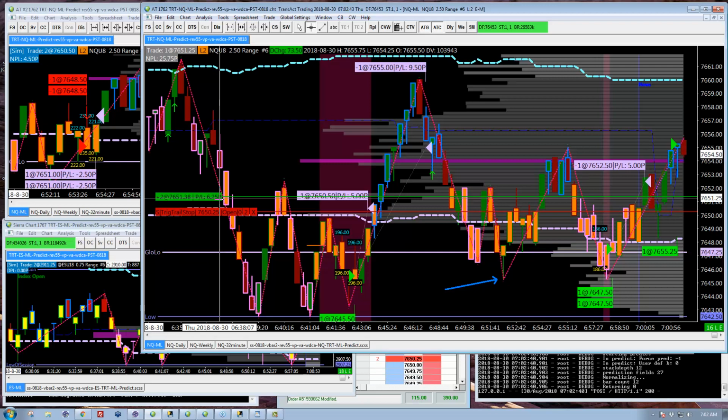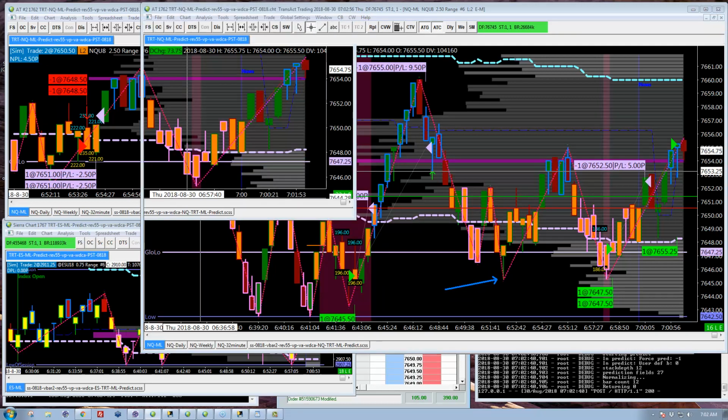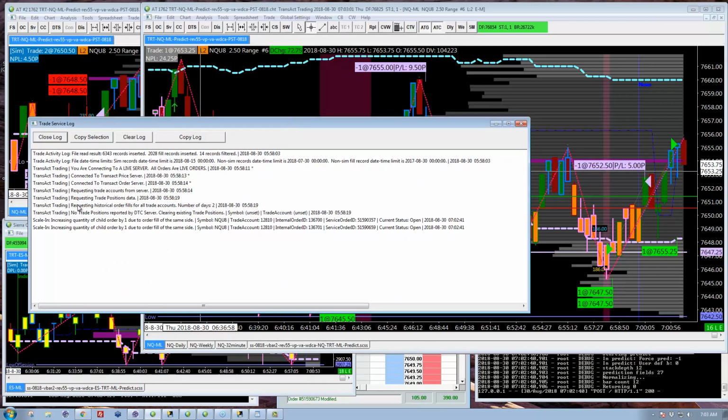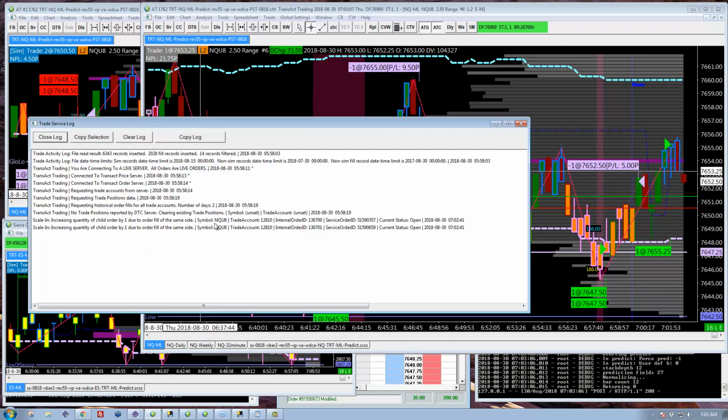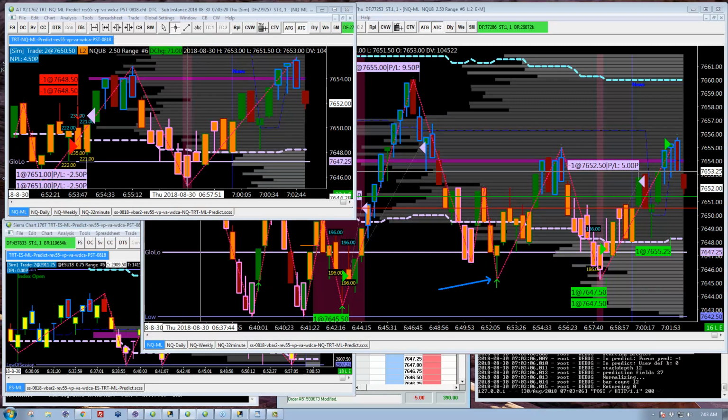Okay, so there we do an auto add on that break. And this is what the trade service log looks like. It talks about the fact that you're scaling in and what it does. So if you see that message, that's what's going on there. The system is automatically adjusting your stops and targets for you. And then in the message log,